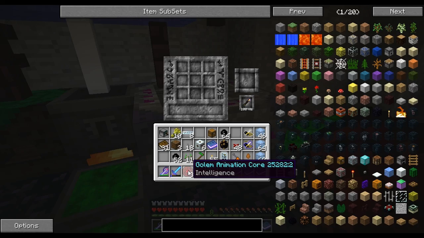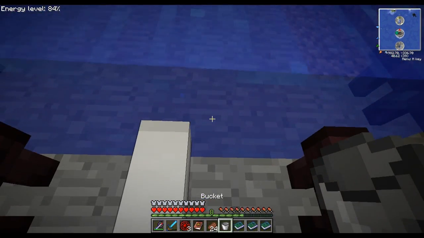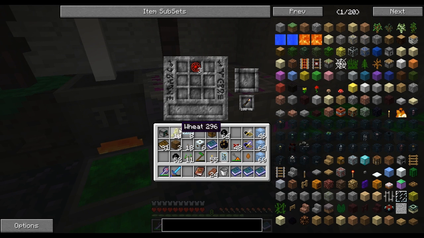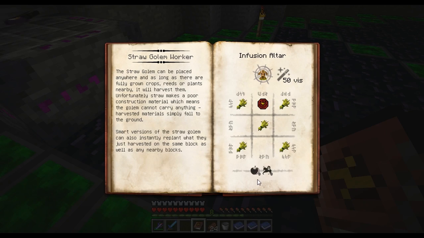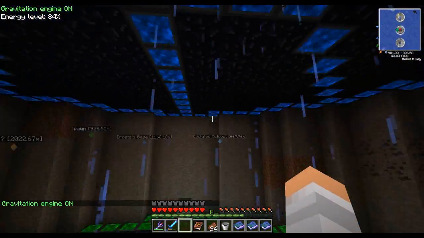Intelligence cores. Cool. Right, we're gonna need to get more water. Boom. So now we put these at the top, and we do this, I think, right? To get straw golems. Oh, we need 8 Victus and Animus. I don't think I have any...